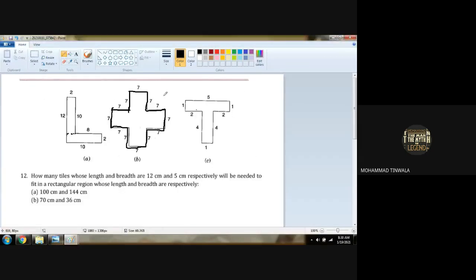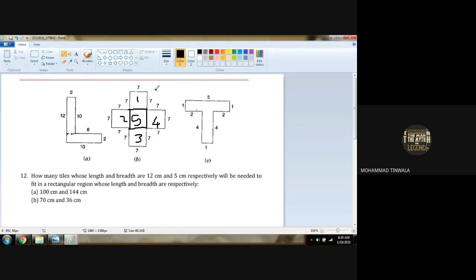Boys, what do they mean? These sides are 7, they joined only this square like this. This line to this line, this line to this line, and this particular thing. So 1, 2, 3 and 4 squares, and this one will be also 1 square. So we got 5 squares total.